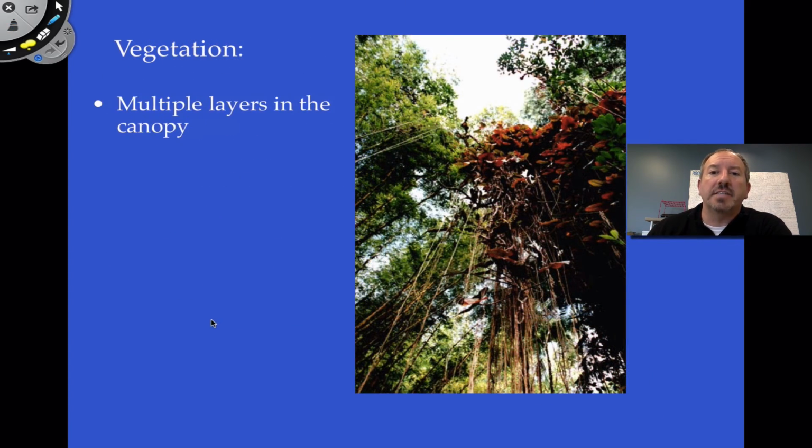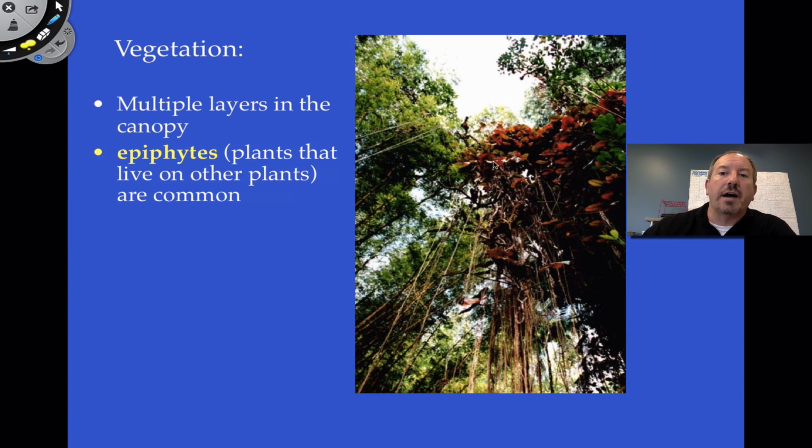And so the vegetation, as I was saying before, is extremely stratified. So there's multiple layers. There's this canopy layer, and what's fascinating is you get some of these flowers that are growing, and you're like, how can these flowers be growing so high off the ground? Well, they're considered to be epiphytes. Epi means upon, phyte means plant, so it's a plant that lives on another plant. Often this relationship is commensalism. It's a type of symbiosis where the flower is benefiting. Like for example, if it's a bromeliad, it's benefiting because it's getting sort of an elevator ride to the top of the canopy by a large tree so that they can photosynthesize, and it doesn't harm the host at all.